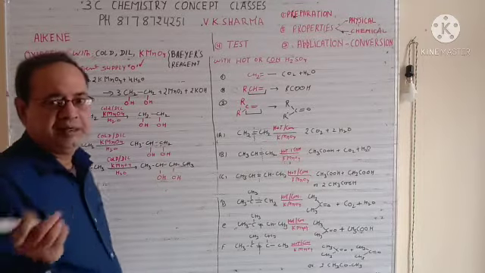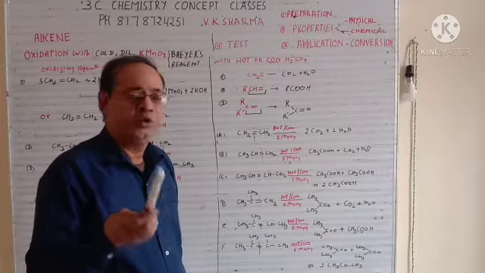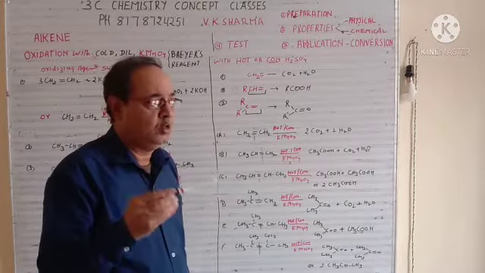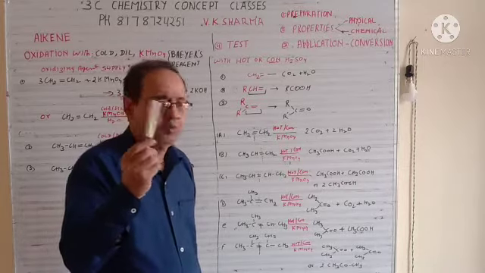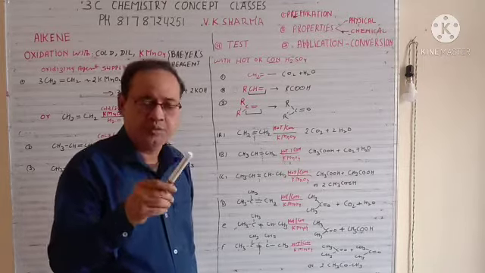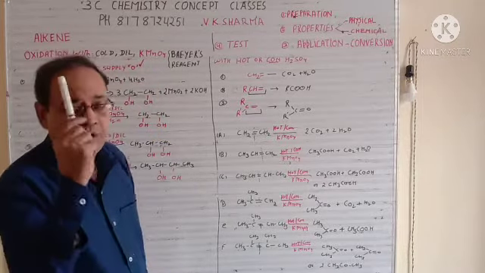For naming, I have made a separate chapter on nomenclature. Anybody who hasn't seen that video can watch it for naming, which includes aliphatic, aromatic, cyclic, heterocyclic, homocyclic, all types of multiple groups and all bonding. I have given a lecture on naming there, so you can find the naming from there.